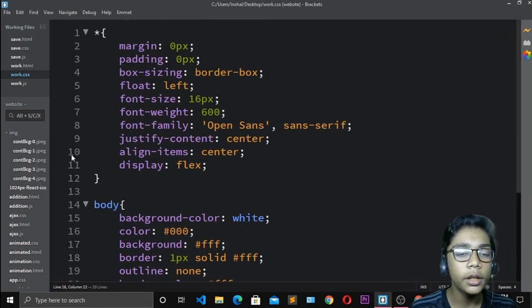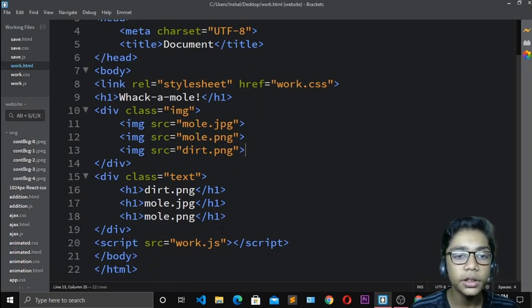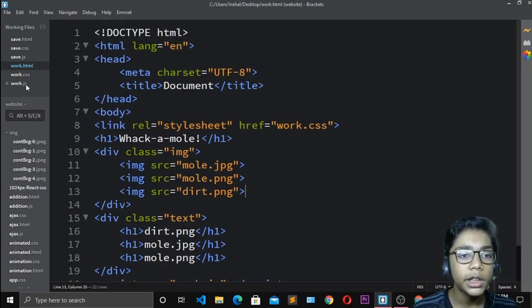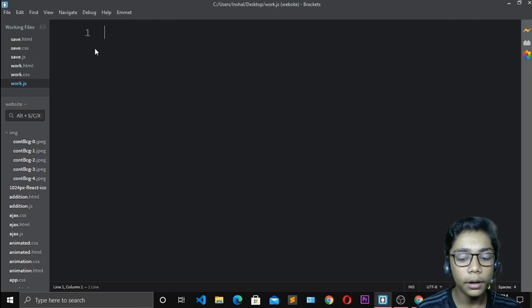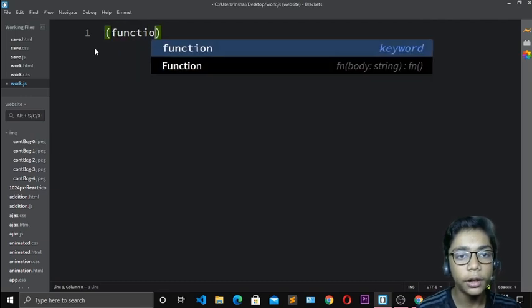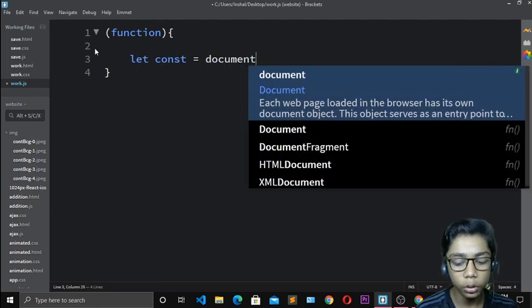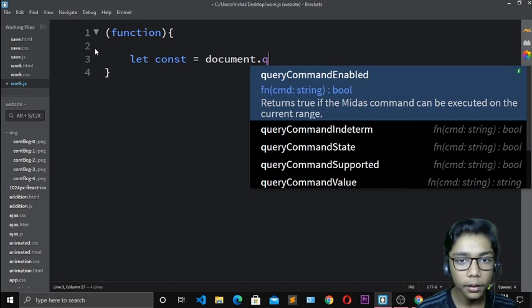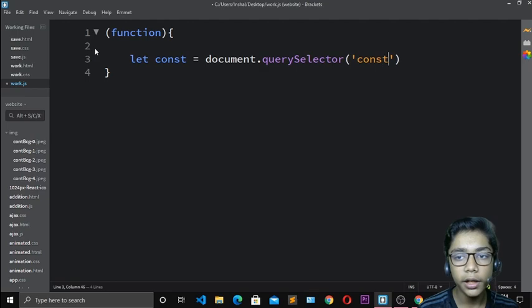Now when you've done all these things, you have to go to the HTML file, and here we have linked our JS sheet. So I will do all my work now in the JavaScript sheet. I will go to my JavaScript sheet now. Now when you've done that, come over here, and here I will first of all define a tag which is called function. So I will add function right over here like this sign, and write const equal document dot query selector. Right over here document dot query selector, and now here you have to write const only like that because it is a tag in JavaScript. So I will write like that.